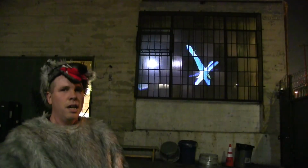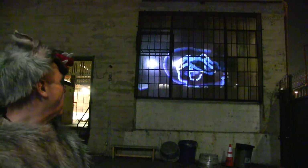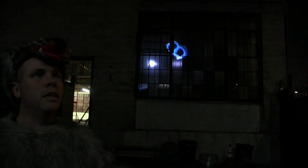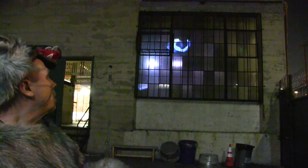So maybe at this point we'll walk outside and see one last piece. This video by Victor Rosas is only visible at night between sundown and sunup. It's projected inside the building onto these windows which face north. So it's a piece that's not available to see for people visiting the gallery during the day, but rather something that